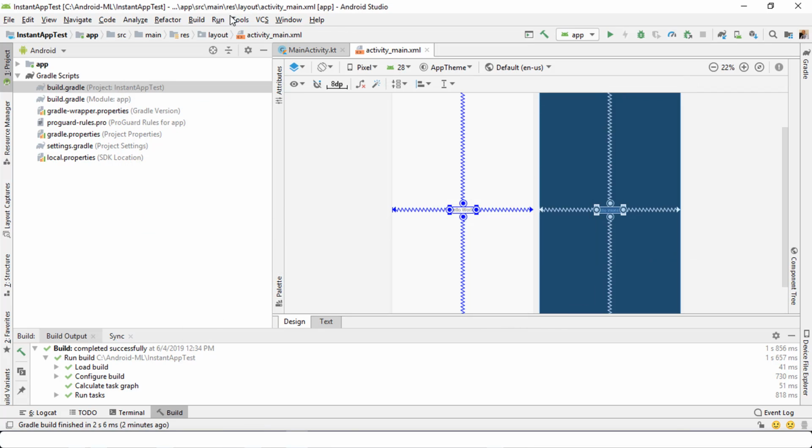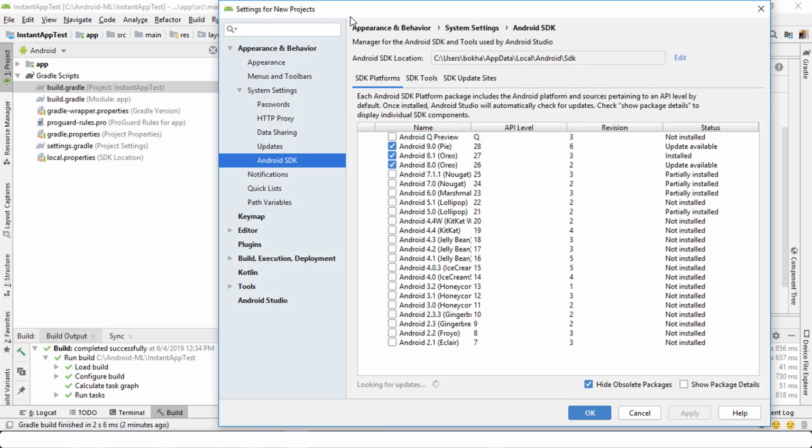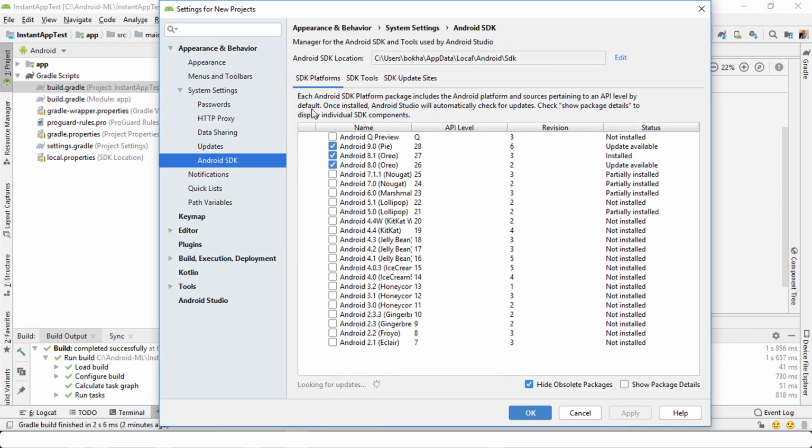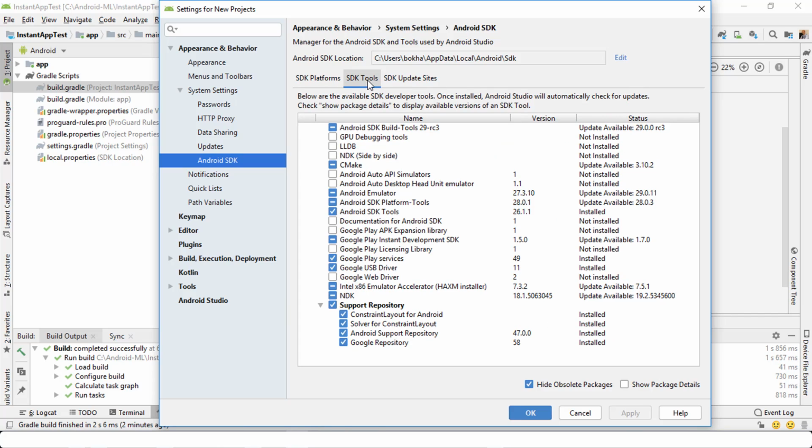So I'm going to minimize this. I'm going to go up to Tools and then click on your Software Development Kit or SDK Manager. This opens up a dialog box, and you will notice that there's an option now showing called Android Q Preview. Well, before we actually click on this, let's navigate to SDK Tools. As soon as I click on this, you need to make sure that your Android emulator is upgraded or updated